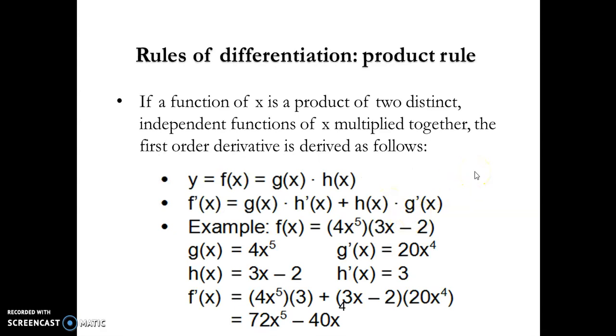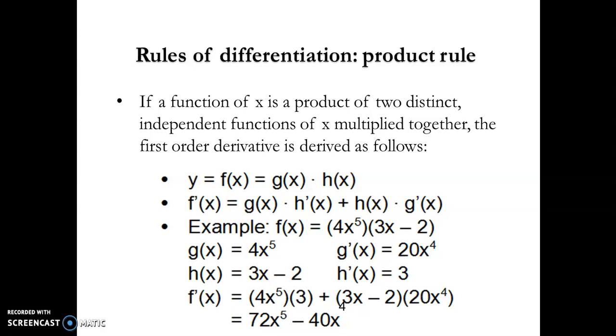Next, we will move on to the more advanced rules of differentiation. So you have encountered the previous rules already in ECO 151. None of what we've done thus far should be new work to you. However, the advanced rules, namely the product, quotient, and chain rule, that is new work. So the first new rule is the product rule, and you can refer to section 5.1 of your textbook for